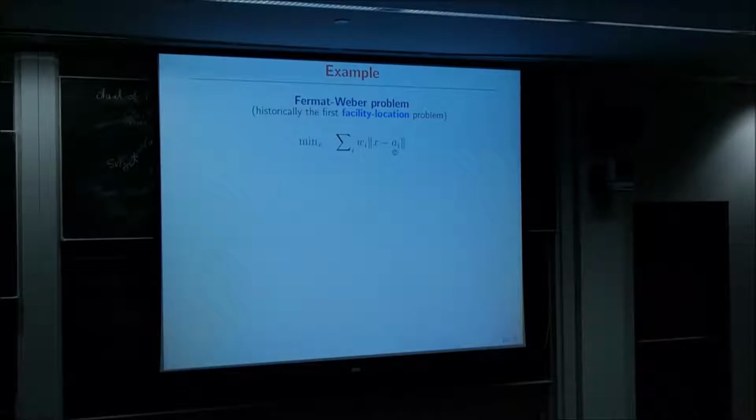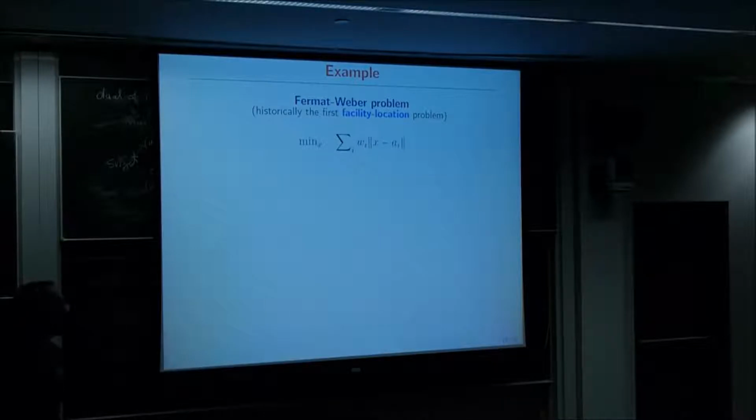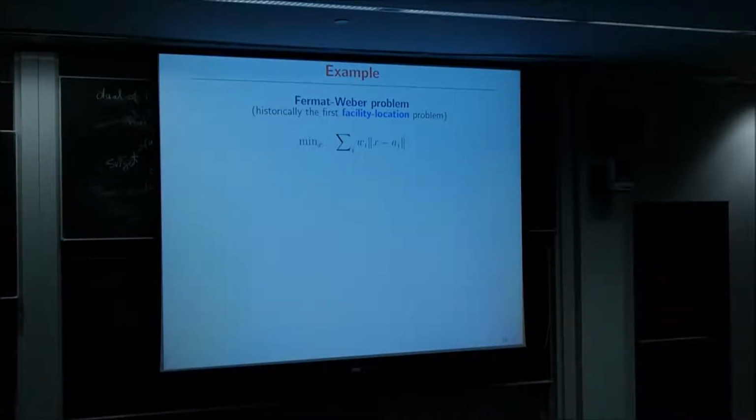Probably you've seen the Fermat-Weber problem. The Fermat-Weber problem is probably the very first facility location problem. Facility location has been a popular topic in theoretical CS also. And ultimately some people like to call this problem a geometric median problem,